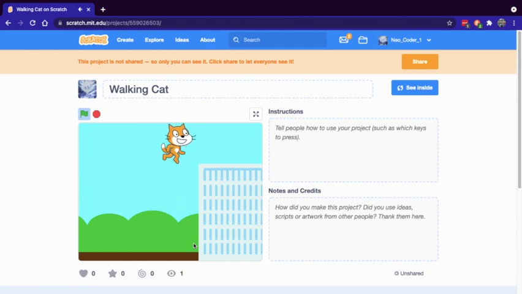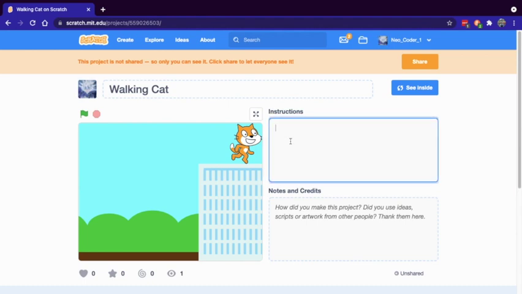See? Yeah. So this is how your project will look. Here you can type instructions, like click on green flag and relax.